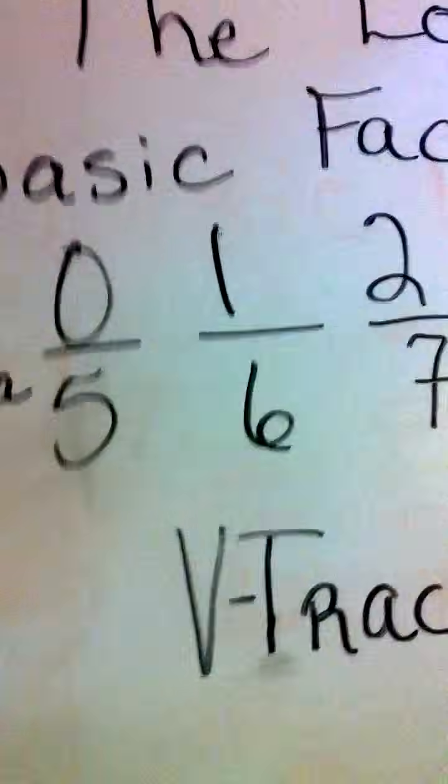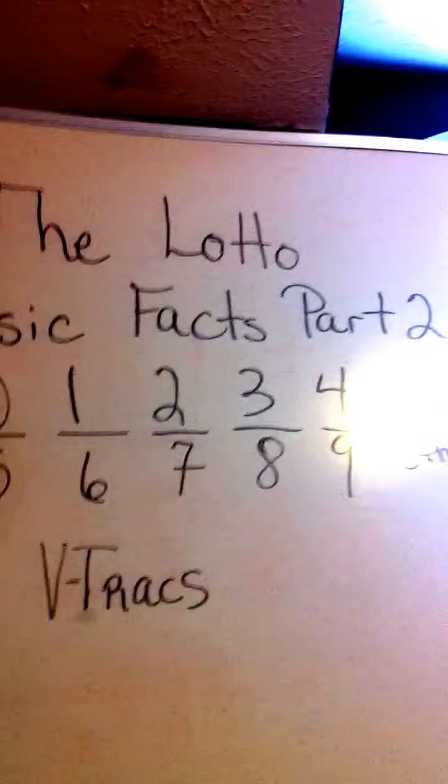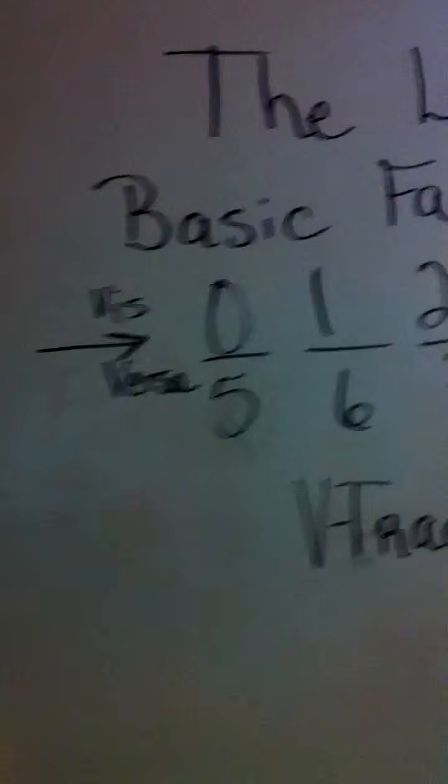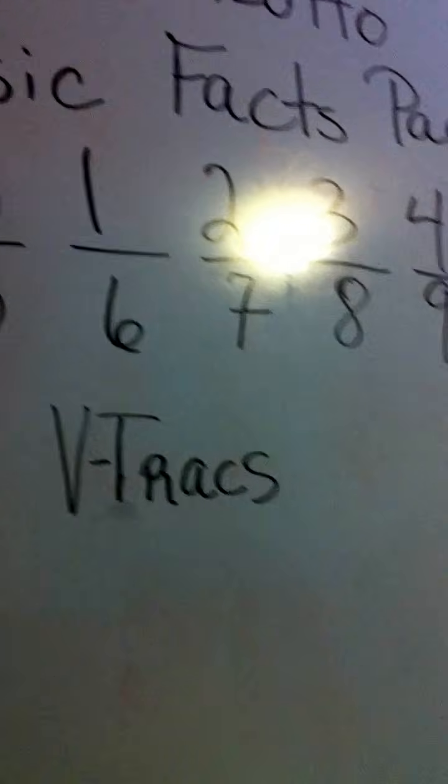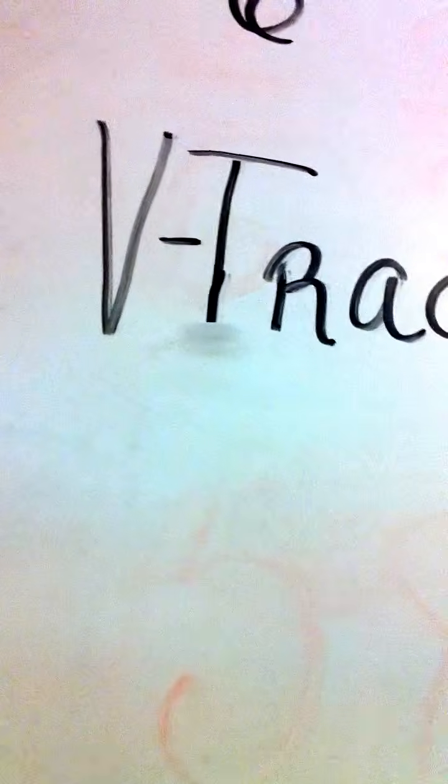And you can use these charts for any part of the lotto, as far as the Mega Ball or the Cash 3, Cash 4, 5. Whatever you may have in your state, you can use this basic method for all lottos. So now we have the V-track numbers. V-track numbers are basically numbers that you can refer to if you want to find different ways to find a number.